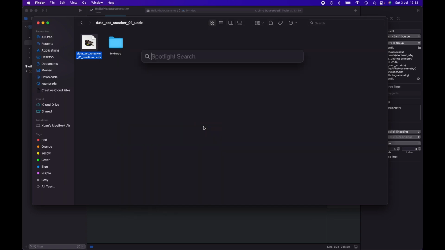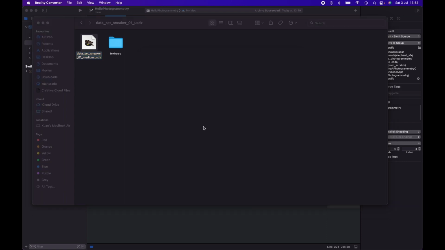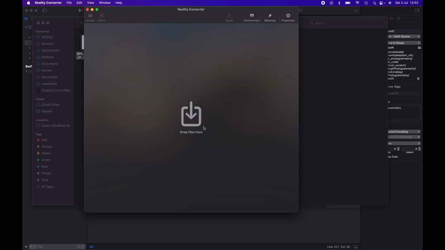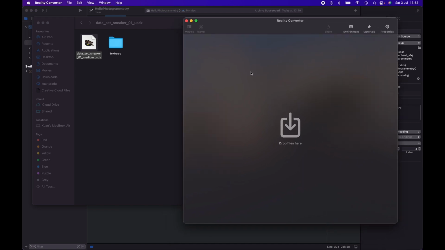You can also use reality converter that also comes with macOS, which is some kind of preview software that you can use to